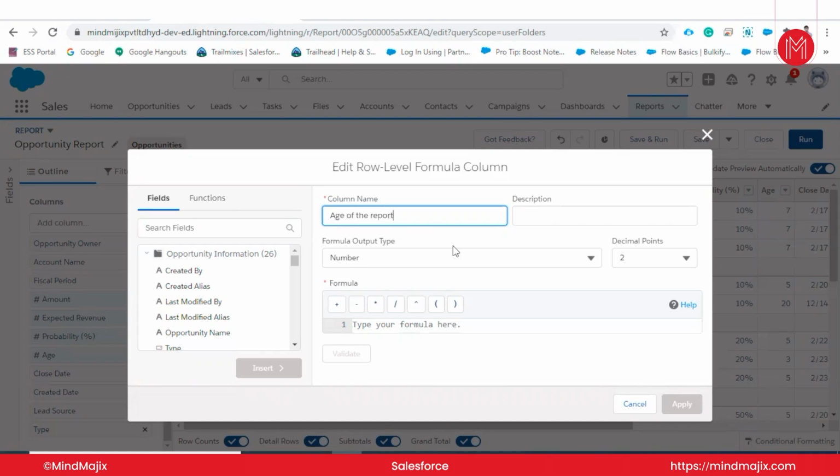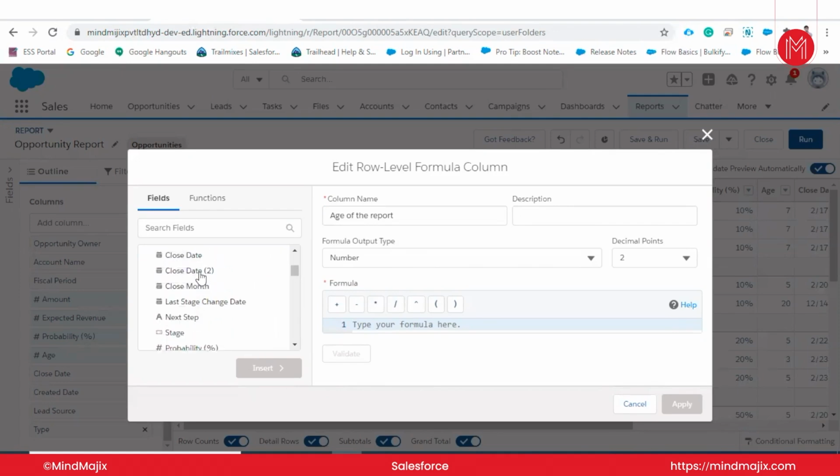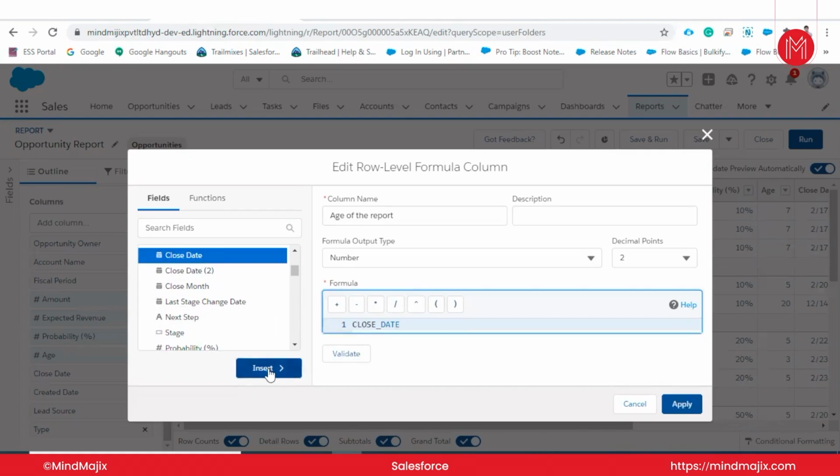We can add a description also, the format as number, and we will write a formula. Select insert, and we will insert close date minus